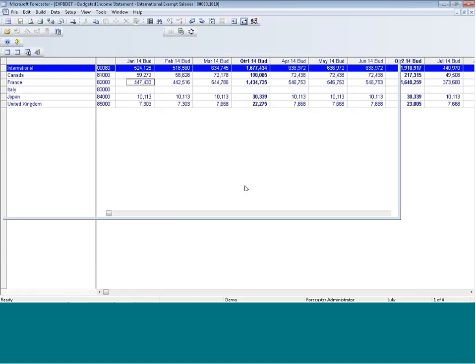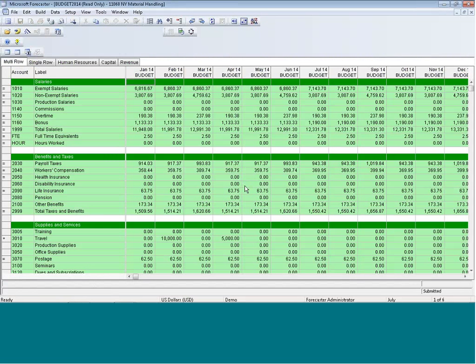So we looked at the input screens for Forecaster, we looked at workflow for Forecaster, and the reporting inside Forecaster. I mentioned you control security for every different area inside Forecaster. Or what departments can your budget manager see? What tabs for input can they get to? Can they see HR at all? Can they see capital at all? What reports can they get to? You control all that inside